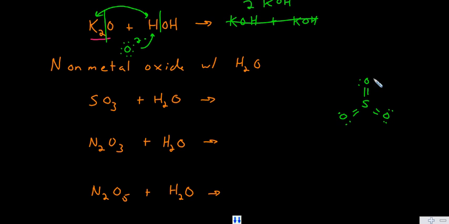In fact, what occurs here, and you'll learn about this later, is you've got water, and it's got an oxygen, which is relatively negative, and then you have a sulfur here, which is relatively positive. And so you have water acting as a Lewis base, and it's going to donate a lone pair of electrons to the sulfur of sulfur trioxide, which is acting as a Lewis acid. And so you actually kind of stick that water onto SO3,